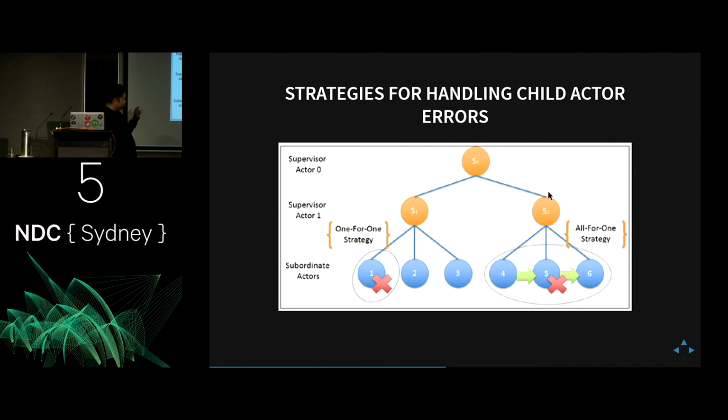In general, there's really two strategies. You could come up with your own custom strategy. The first strategy is that you could kill off the actor that caused the failure as a parent actor, or what you could do is kill off all the child actors and restart. There's also the option to resume, but it's like VB6 On Error Resume Next. You don't want to do that because you want to make sure that when it fails, you restart it and keep it in the right state, and that's what we've learned.